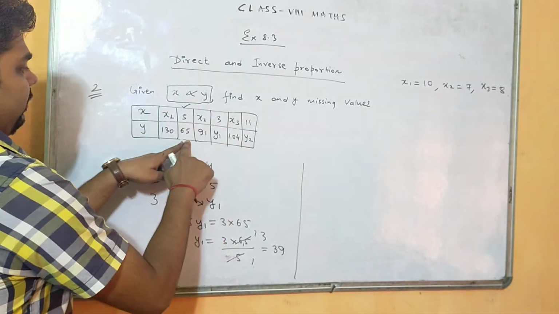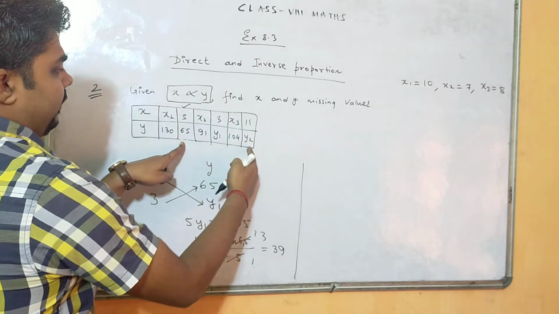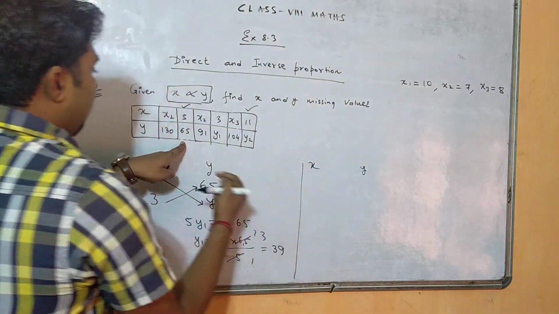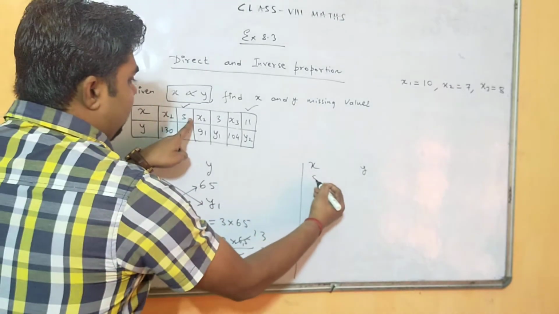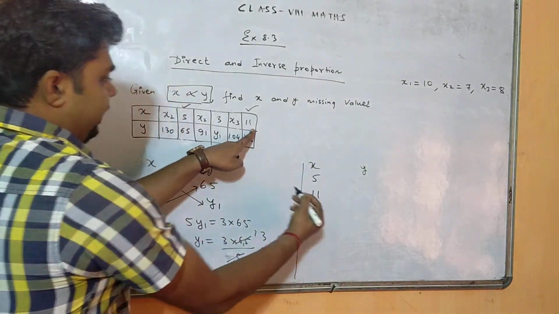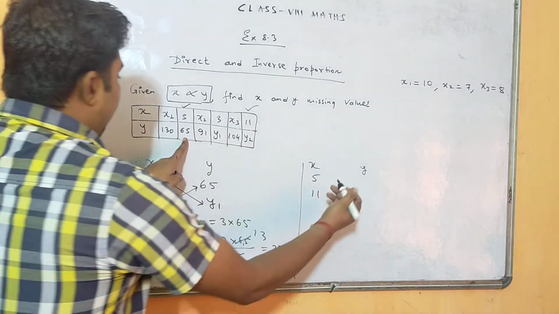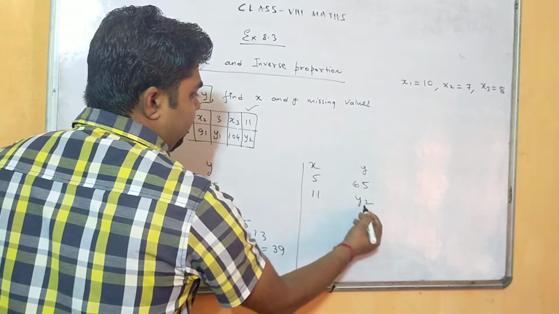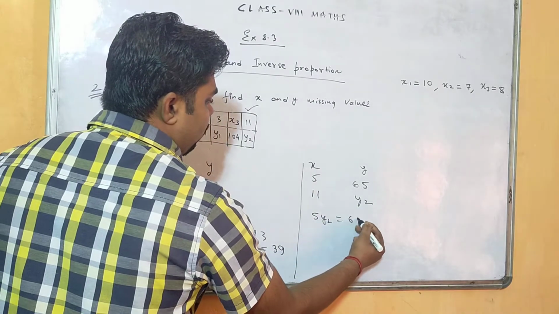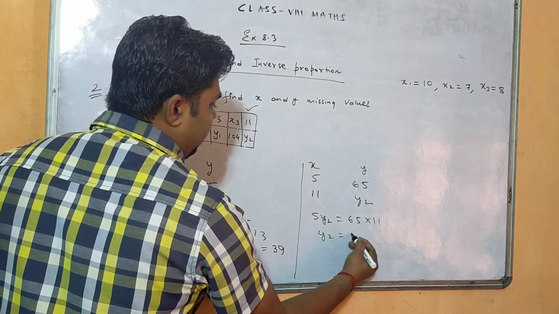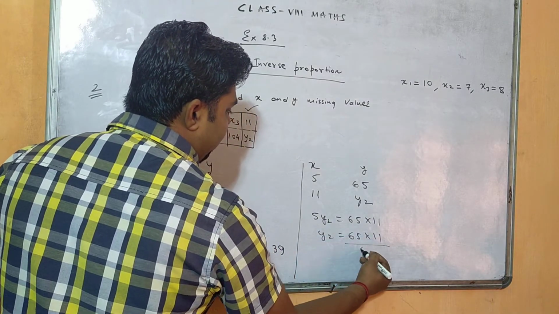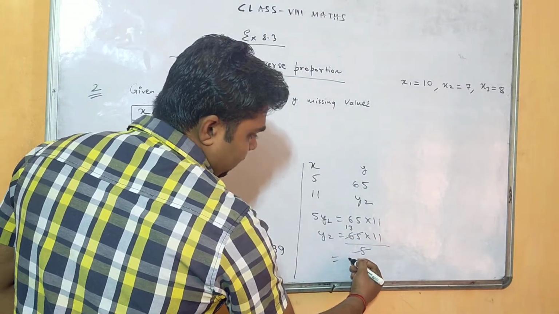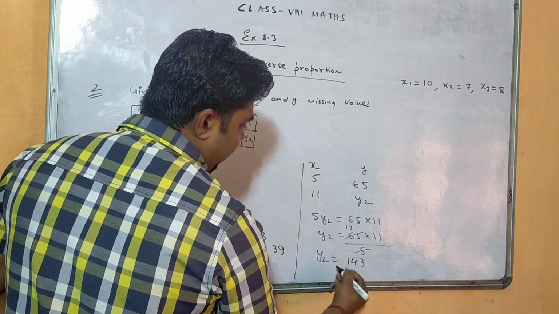Next we will find y2, right? Now I will consider this column because these two values are already given, and this column. Again I will write here x and y. So rule number 1, first you have to write the x values. x is 5, x is 11. So I will write in the x column. Similarly here I will take the y1 value 65, and here I will write y2. Okay, again cross multiply. 5 into y2, 5y2 equals 65 into 11, or y2 can be written as 65 into 11 divided by 5. 5 into 13 is 65, so now 13 into 11, 143. y2 equals 143.